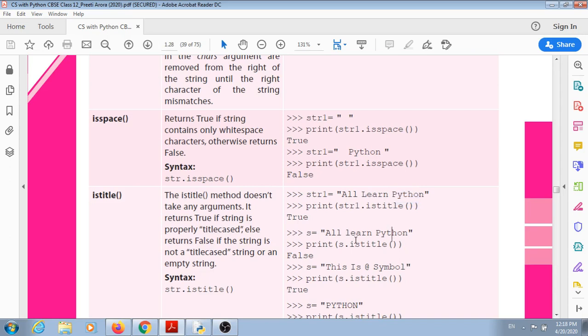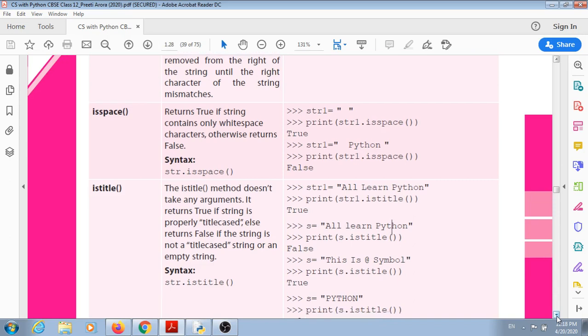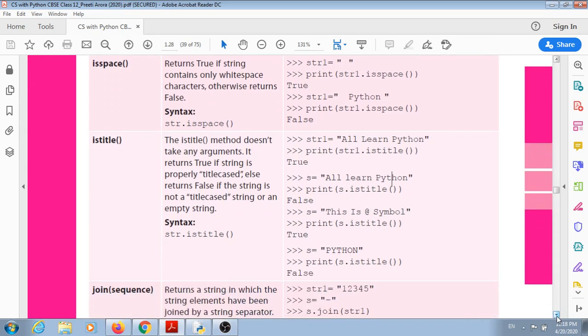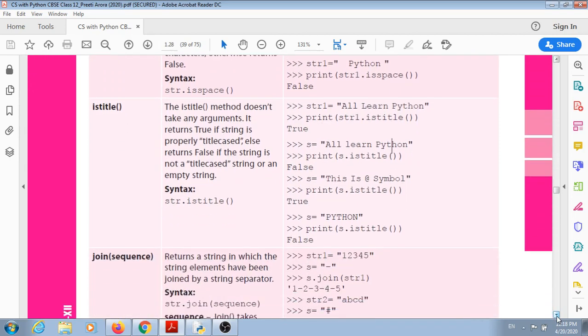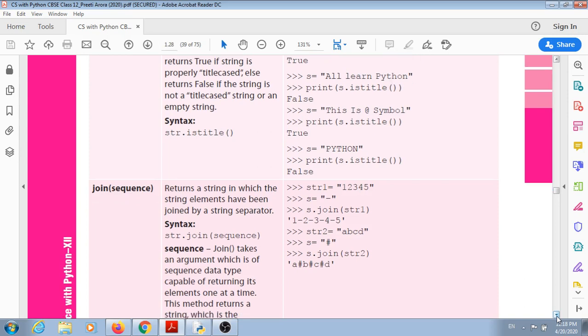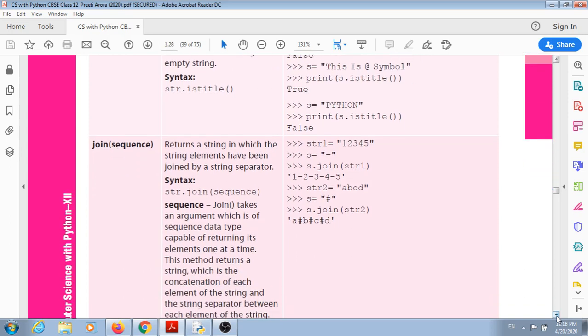If any of the words starts with a lowercase letter, then it will not be considered a title. So it is necessary that all the words in the title have the first letter as a capital letter or uppercase.